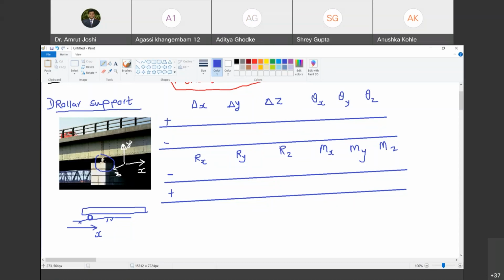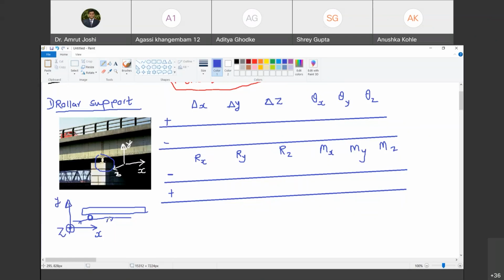So in that context, this is x direction. Let us say this is y direction. And this, coming out of the plane of the board, is z direction. So you can see z direction is shown coming out perpendicular to the cross section of the roller. This is y direction, this is x direction. I have translated those directions here.